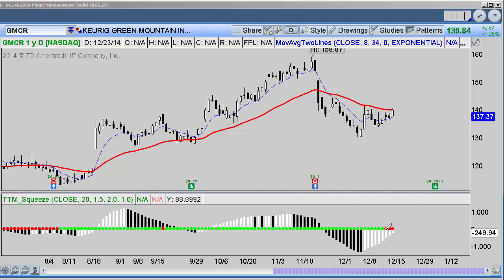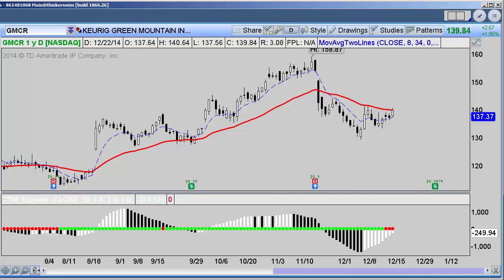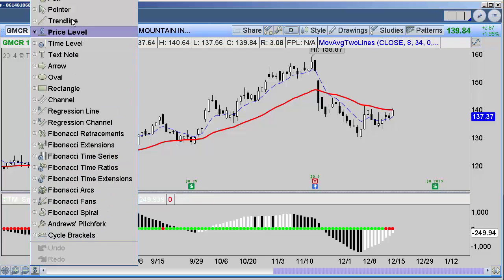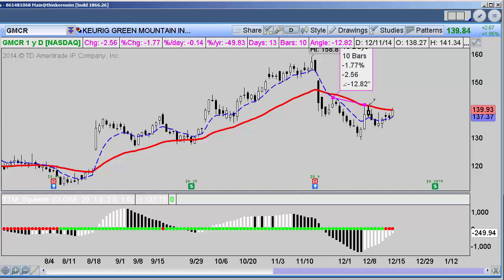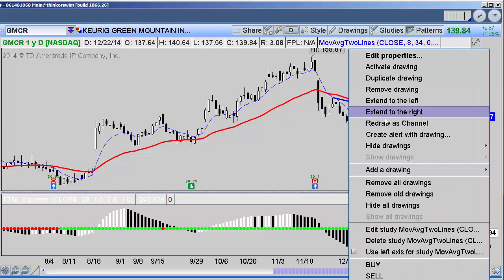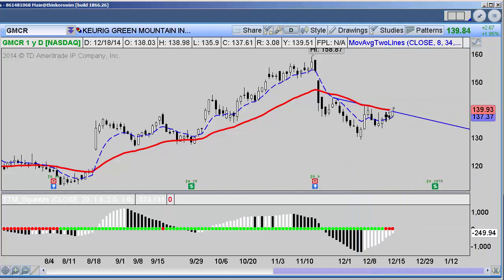So the first thing that we know is the squeeze is the signal, the reason why we're looking to take the trade. If we come in and kind of drill down to this, the other signal that he was looking at was a bit of an inverse head and shoulders that stemmed off of this level here. So if we draw these in and extend our trend line out into the right, we can see where this neckline comes into play, and essentially the area we're looking for it to break in order to move on into